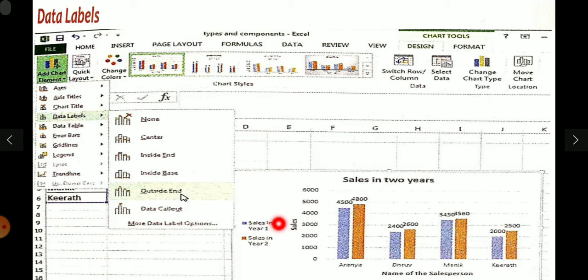Here you can see the column values. This is our vertical axis, and this is the column part. Here you can see the value 4300, which is below 4500. These values can be inserted by using the data label option.